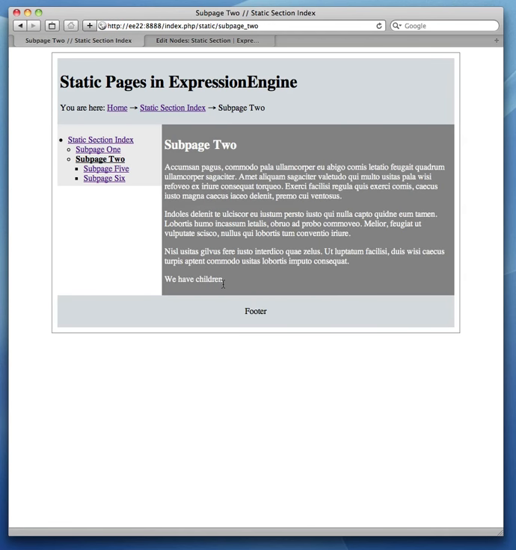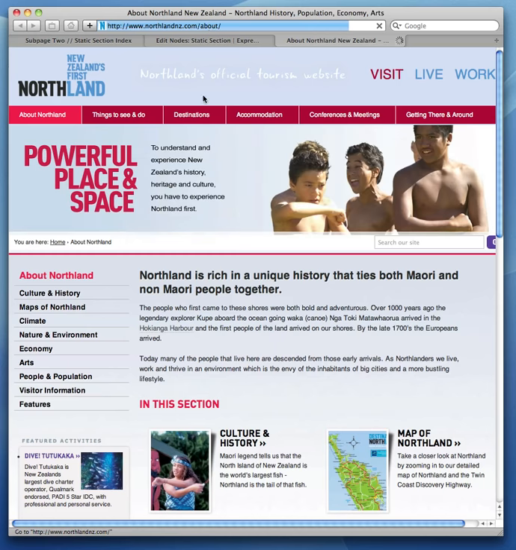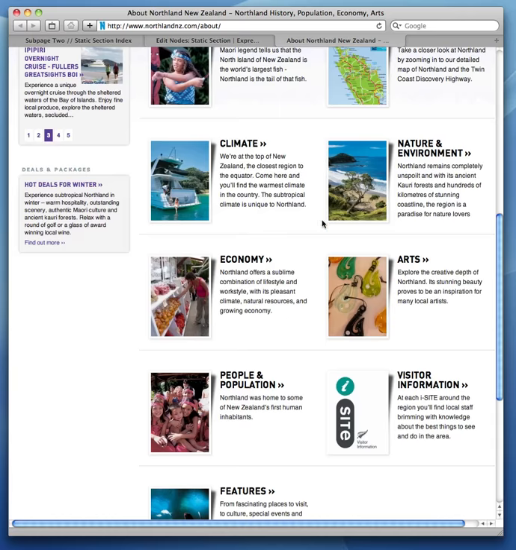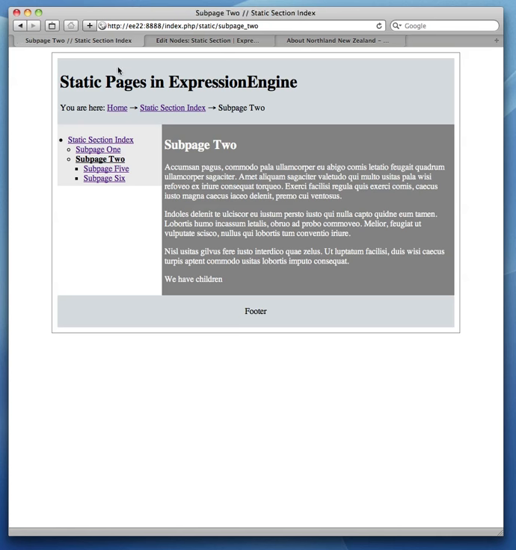So let's say when we have children, we want to be able to display teasers of those children. So quite a common thing that I do is when you arrive at a section, I duplicate the left-hand nav in the main content area, and basically this structure here is represented within the content. So I'm just going to show you how you can do that within taxonomy, and we're going to use a tag